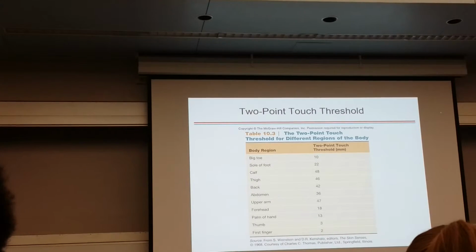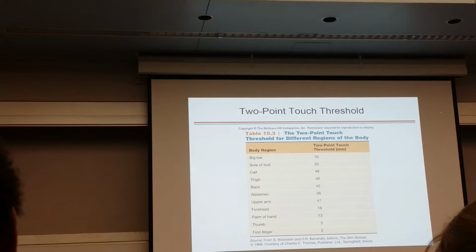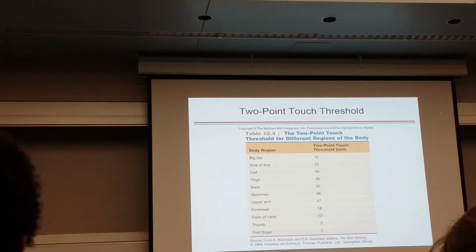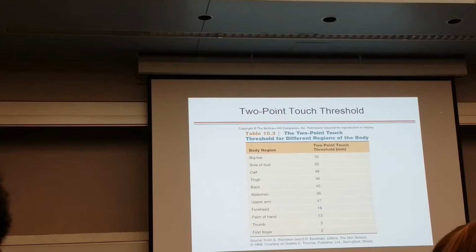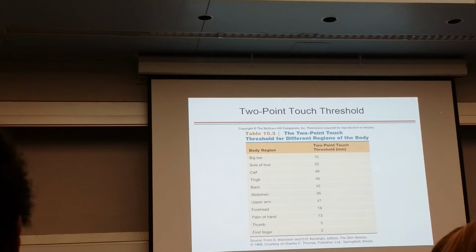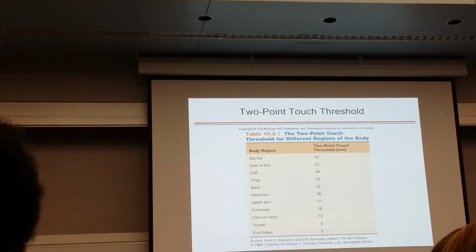What do you think? At 10 millimeters, I should be able to feel 2 points, right? What do you think is going to happen if I do it at 20 millimeters? You're going to feel 2 points, right? So that's the minimum distance. If I do it at 5 millimeters on the big toe, they're just going to feel it as 1, right? So if you do it at 10 millimeters, the 2 points, and they feel it as 1 point, there is something wrong there, right? And you can associate it with a problem probably in your dorsal column pathway. That's all you have to know about two-point discrimination.